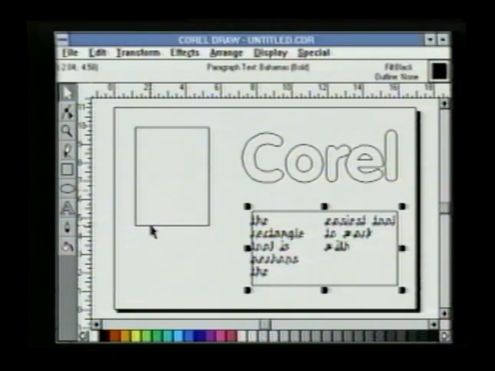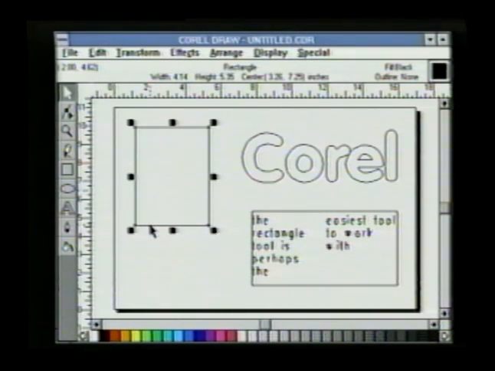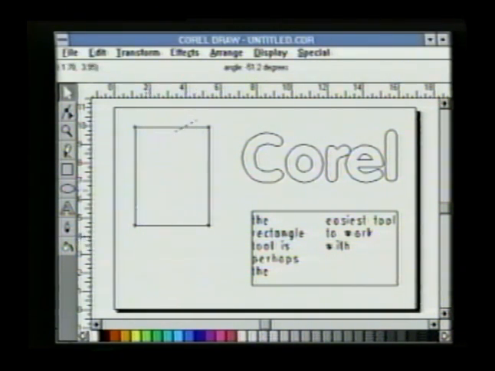Let's go back to our rectangle. I'm going to click on it to select it because I want to show you an additional feature of the pick tool. If I click on a selected object a second time, I will enter into the rotate and skew mode. First, I'll show you rotation. By selecting any of the corner arrows, these rounded arrows, on any of the four corners, and by dragging the object, I can rotate it around the center. And it'll continue to rotate, the status bar giving me information regarding the angle of rotation